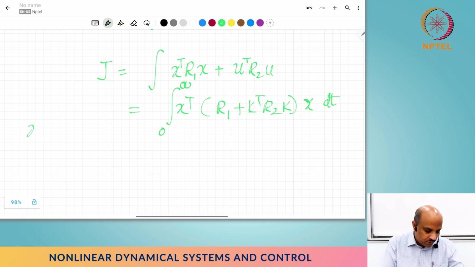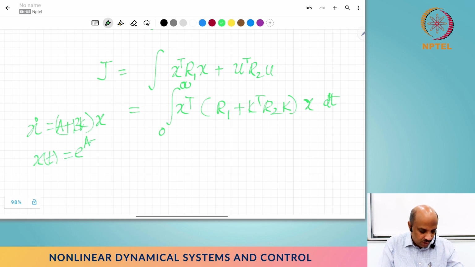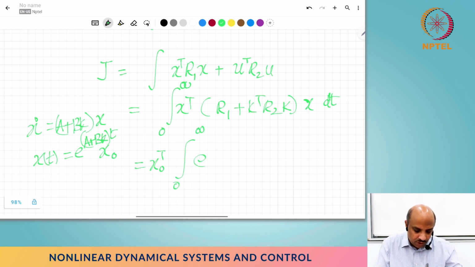But x dot equals (A plus BK) x after you substitute u equals Kx. Therefore x of t is e raised to (A plus BK) t times x0, so I can substitute that as x0 transpose times the integral from 0 to infinity of e raised to A tilde transpose t, times (R1 plus K transpose R2 K), times e raised to A tilde t, dt,